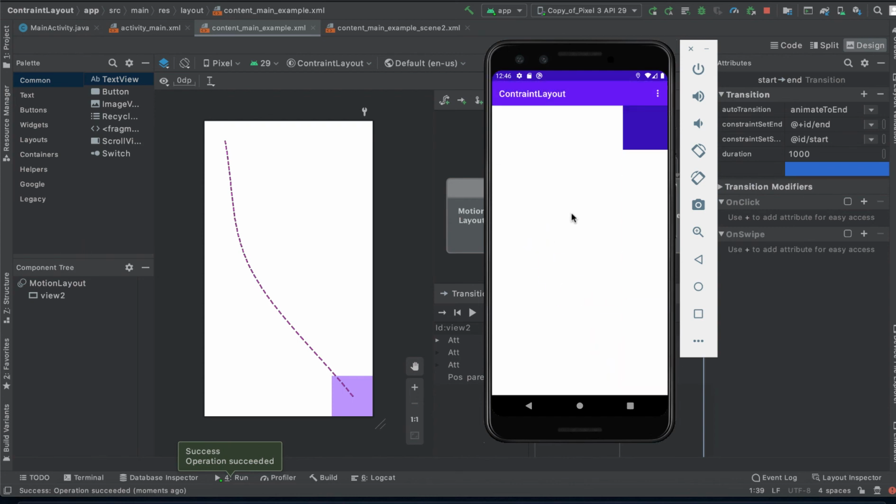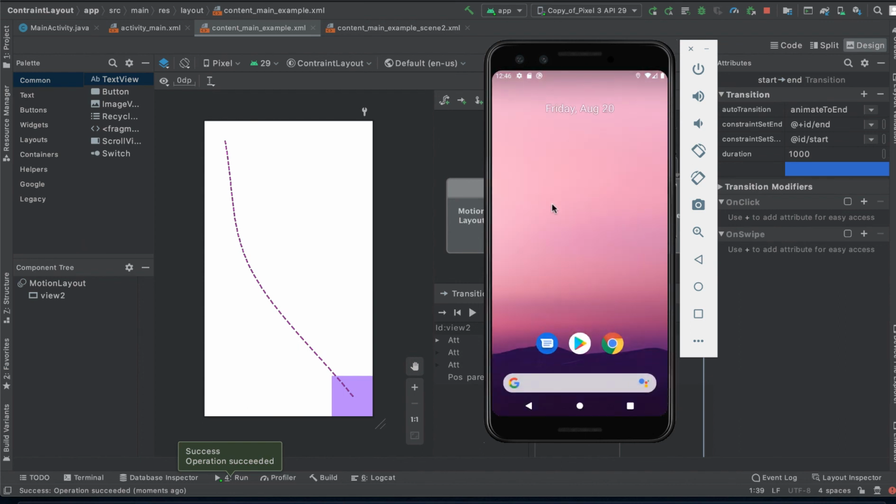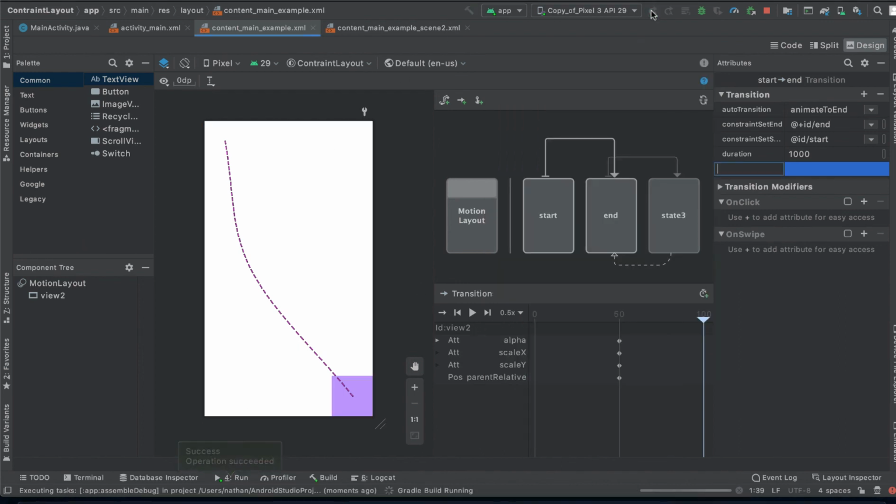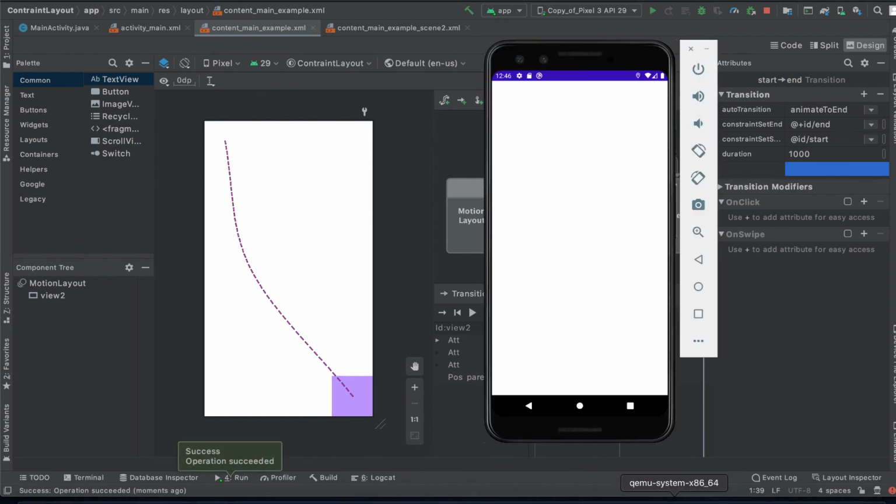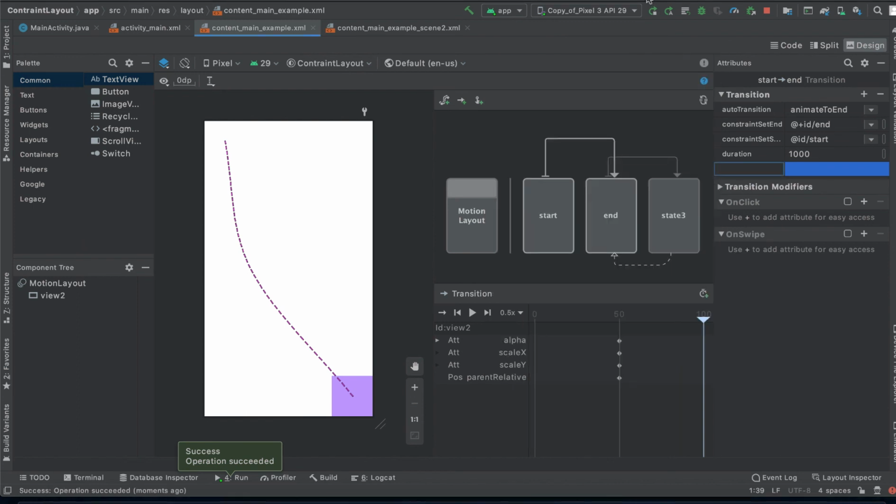You see? Let me start it again so you can see. You see? So this is how we can trigger the animation,